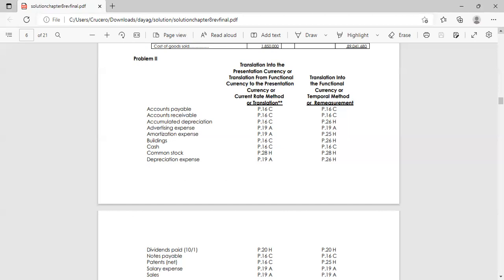Next, for common stock, we have the rule for capital stock and pre-acquisition retained earnings. For capital stock,